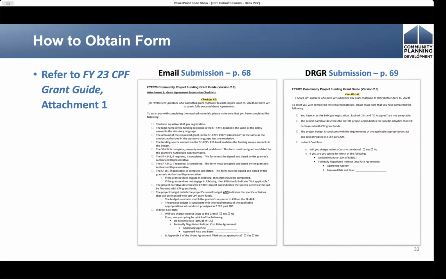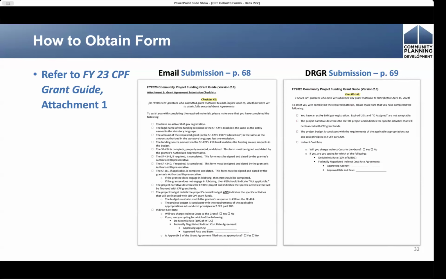So to try to put it as simply as possible, if you are a FY23 grantee that has submitted some materials before April 15th, you're considered to be still using the old process, which is not the grant processing module. And you will receive DRGR access once you have received a fully executed grant agreement. So your DRGR access will be granted once your package is submitted and fully approved.